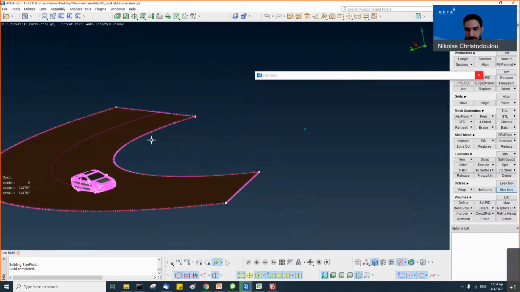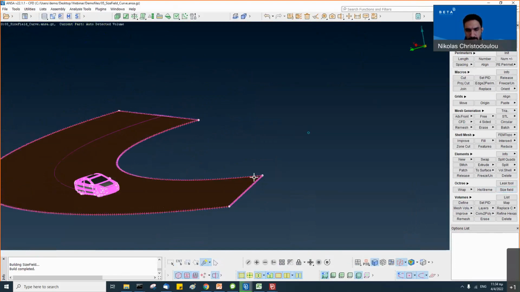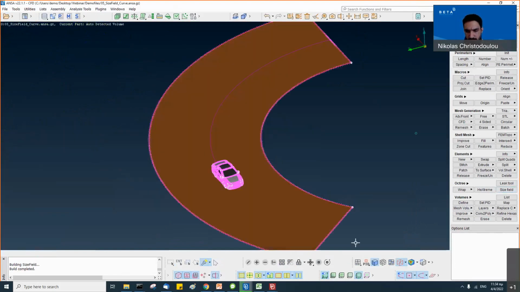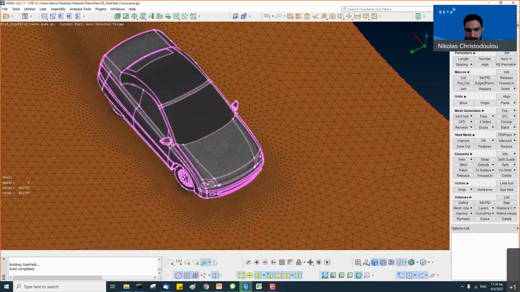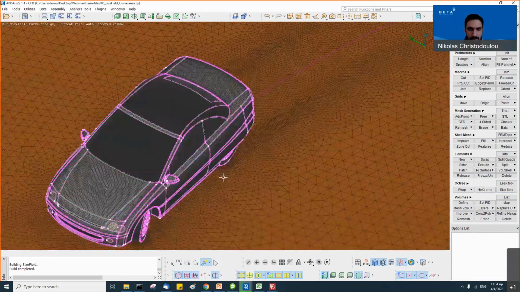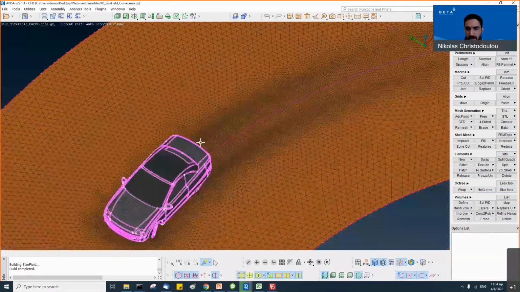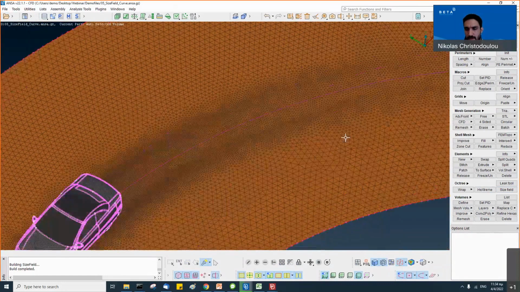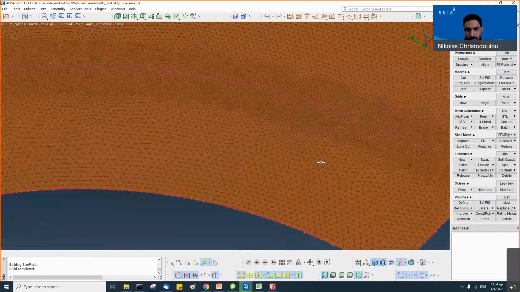And if we see the actual mesh, you can see the smaller element length that is applied here and how it gradually grows to a bigger one.